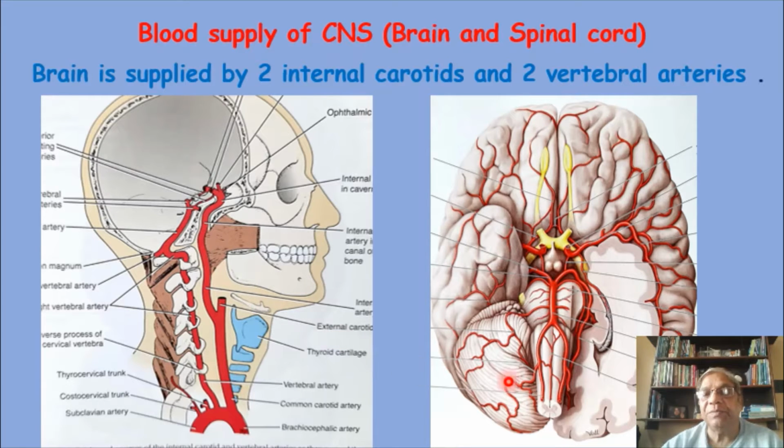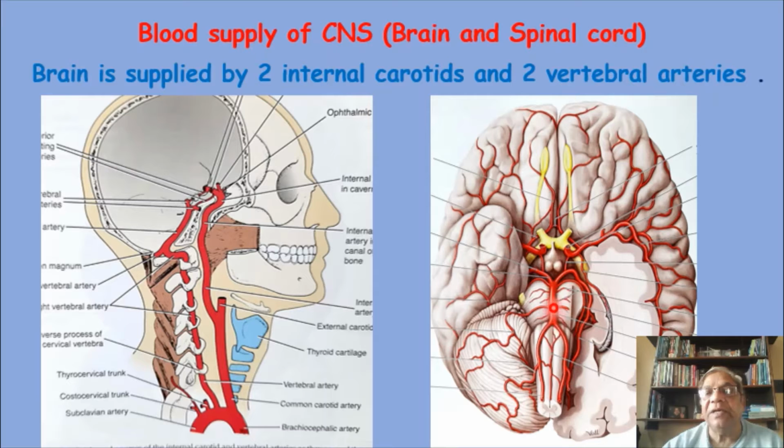Let us see this vertebral artery in this diagram. After piercing the dura and arachnoid, it has come onto the anterolateral aspect of the medulla. This is the right vertebral artery, and this is the left vertebral artery. They are lying on the medulla oblongata, and when the lower border of the pons is approached, these two vertebral arteries unite to form a single artery, what is called the basilar artery,